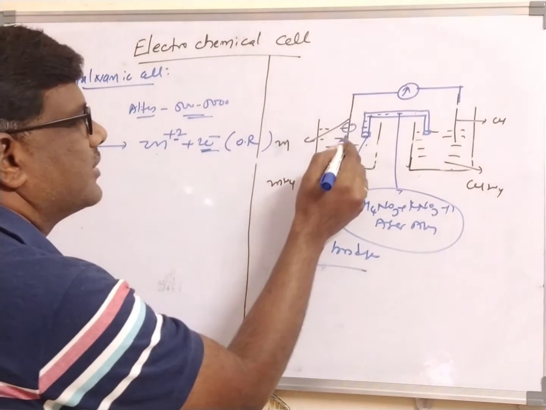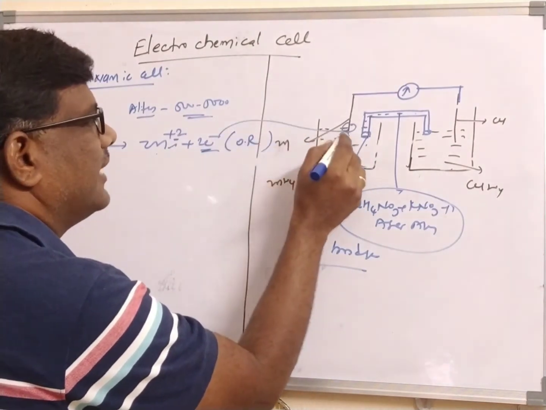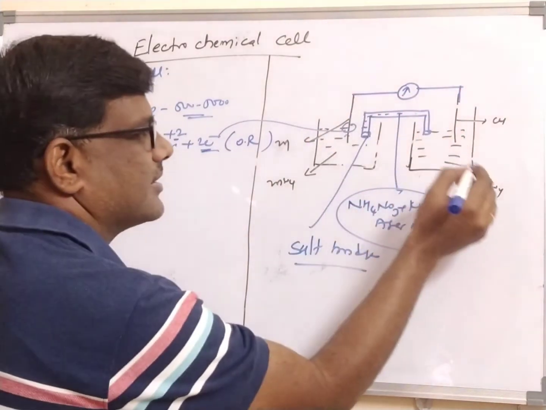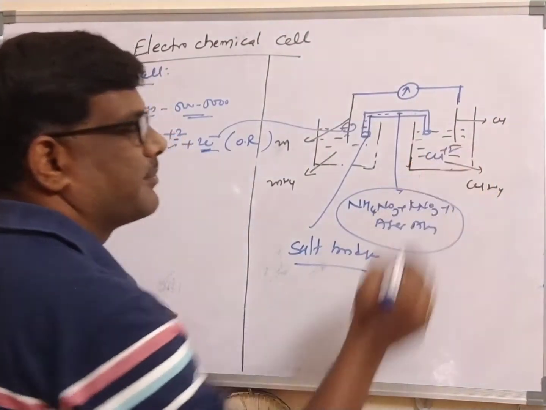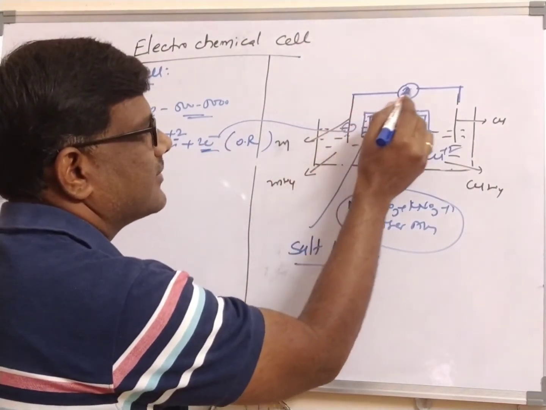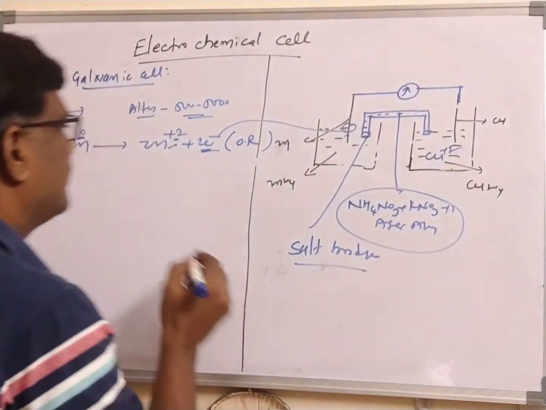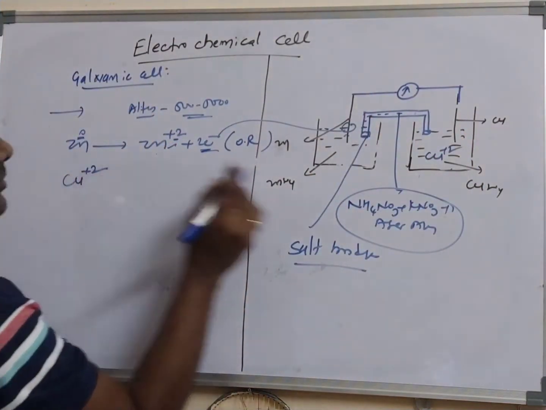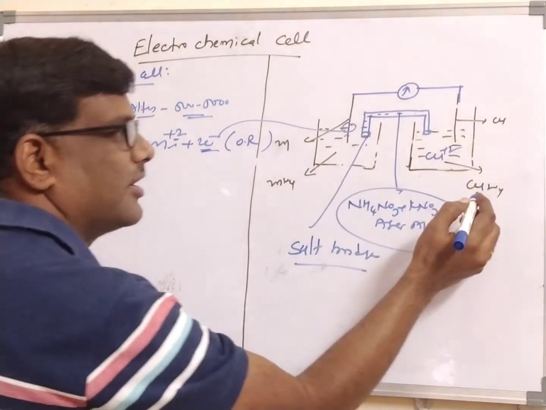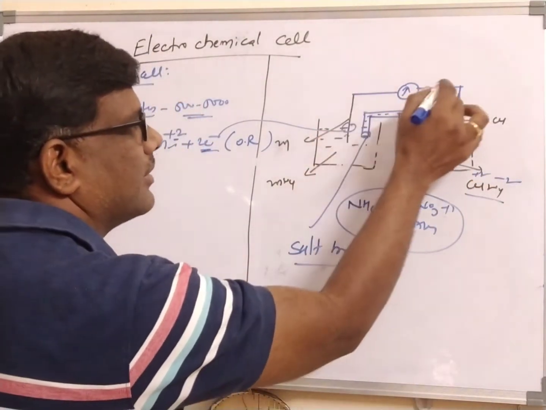Immediately the 2 electrons which are obtained, as zinc undergoes oxidation and converts into zinc plus 2, migrate through the zinc rod to the copper rod, where you have the copper sulfate solution, which gives copper plus 2 ions and sulfate SO4 minus 2 ions. These 2 electrons migrate through the external wire and enter the copper sulfate solution. Copper plus 2 is present in the solution, not the copper rod. How can we say? Copper sulfate is nothing but copper plus 2 and sulfate minus 2. These electrons come from here.